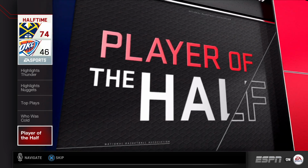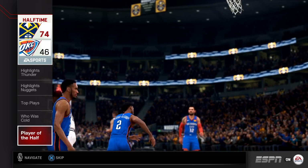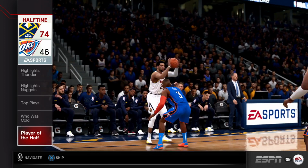Player of the half. Murray really showed off his court vision in the first half. When he's able to get the ball moving like that,